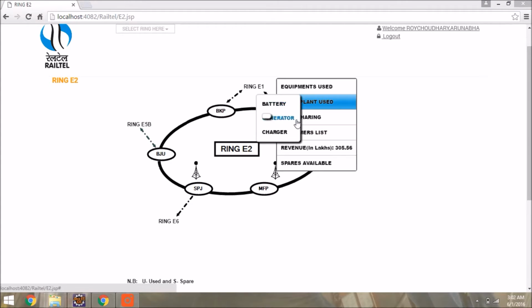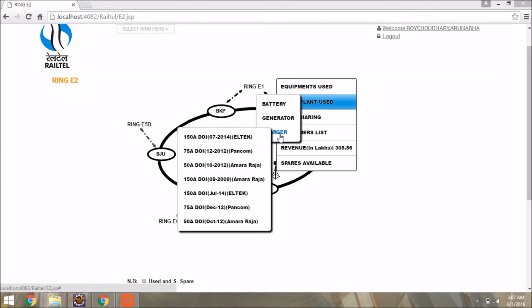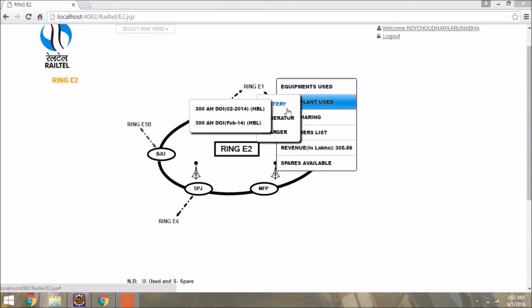So here coming to the charger, I can just see the material name, the date of installation, and the company name is provided here. Here I can just view what is the quantity that is being used at this station. This is all demo data and it has got no relation with this Railtel Corporation